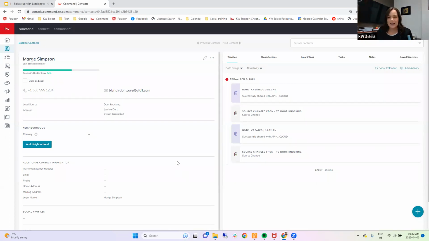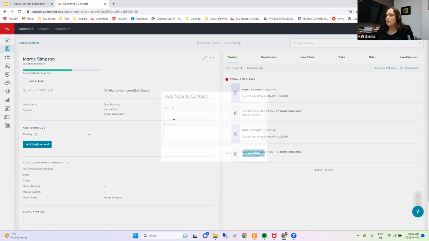The next step is connecting. So we'll want to call Marge and follow up on our conversation. And we're going to ask some of those connecting questions to get more information. Okay, so let's say she's not ready to move yet, but will likely want to upsize in a year or so when the baby needs its own room. What you'll want to do, like I said, is make sure you're documenting these details. And so in your database, you can actually click the plus button here and you can add a note.